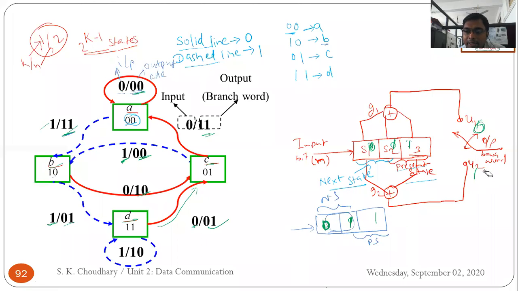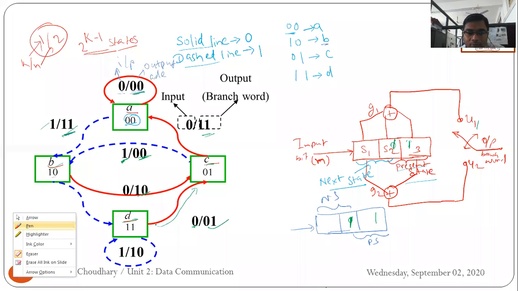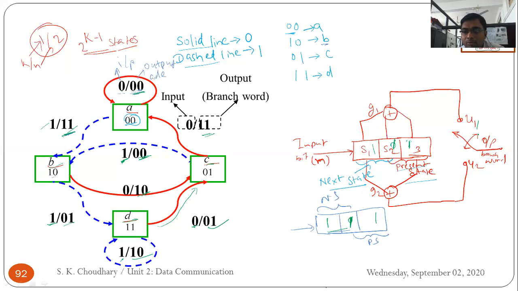But at the same time, when you are receiving the input as 1, you are already in the 11 stage, I mean D, and receiving the input as a 1. So your next stage would be 11, means you would again come back to the same stage. And what is the output in this case? 10. You can see also how 10. 1 plus 1 plus 1, U1 is 1. 1 plus 1, it is U2 is 0. Means your output is 10.